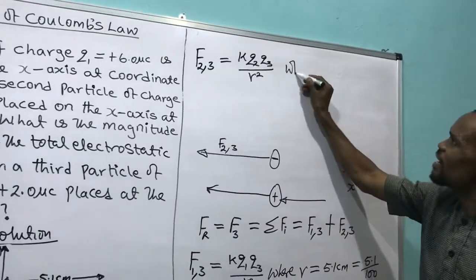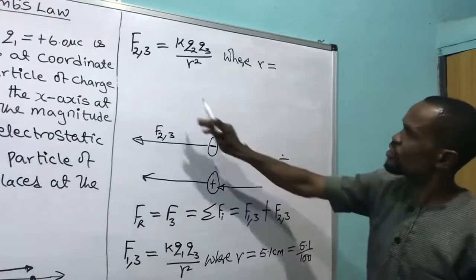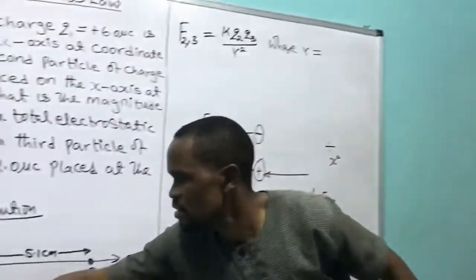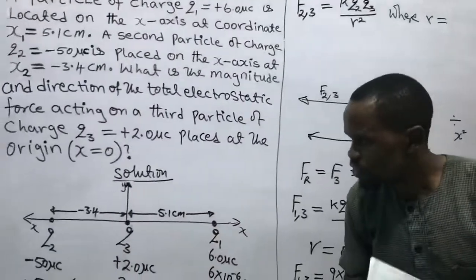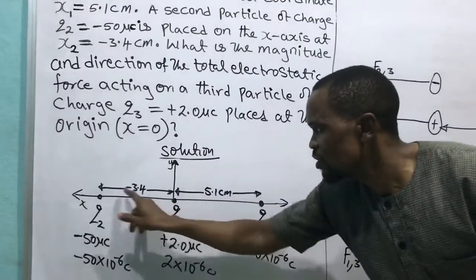I will say where R, in this case, is what? The distance between Q2 and Q3. Look at it. Can we look at our diagram here? This is Q2, Q3. Look at the distance of separation, which is minus